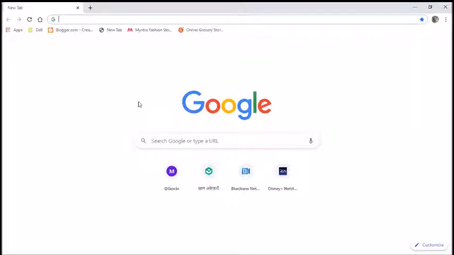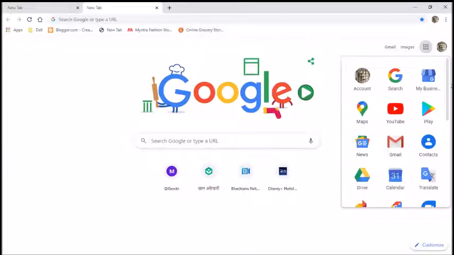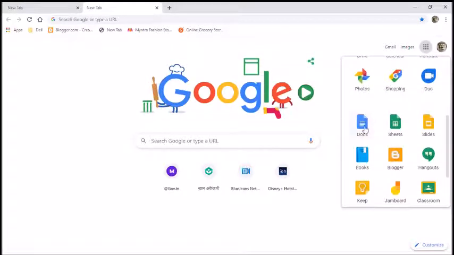Hello everyone. Today I will be telling you about how to create a question paper for your students. So if you are already logged into your Gmail account, then in the new tab, if you click on the Google Apps icon, there you can find Google Docs, means Google Documents, in which we can prepare the question